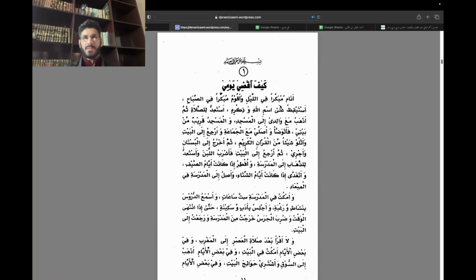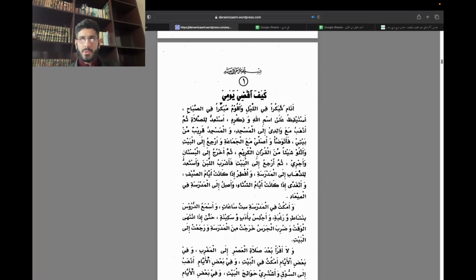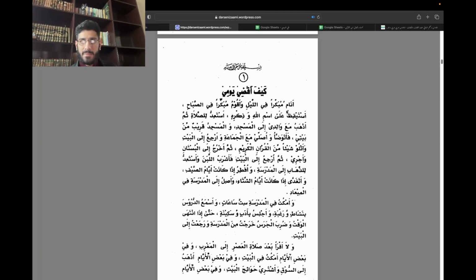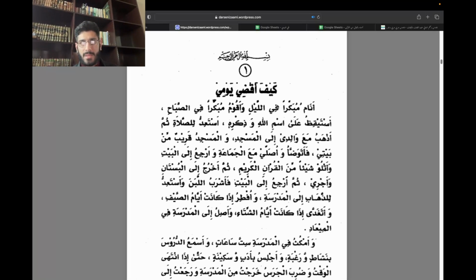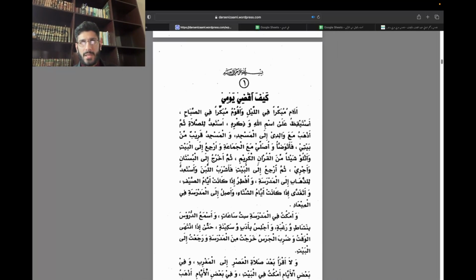So for example, this is the first step of this video, the first objective, which is how to efficiently extract vocabulary. This is very important because many people end up wasting time, and I had to learn how to do that efficiently. You see here that the word comes up, anamu mubakkiran fil layli wa akumu mubakkiran fis sabah. So I read the word anamu and then mubakkiran fil layl wa akumu mubakkiran fis sabah. Some of them I understood, some of them I did not, but in particular I did not understand this word mubakkiran. So I took this word out, and by this time I had some grip of Sarf,